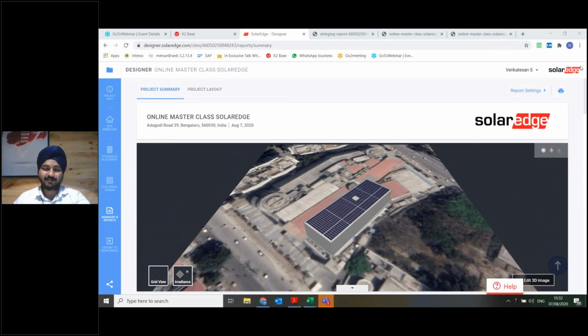So ladies and gentlemen, you have seen how quickly we have done this 176 kilowatt project. Both mechanical and electrical planning we have finished in less than 1 hour. So you can see how beautiful this tool is, and it has two advantages. One is it helps to reduce errors, and second, it increases productivity. With this tool, you're not just completing the mechanical and electrical planning. On top of it, you can also do the monitoring as well.